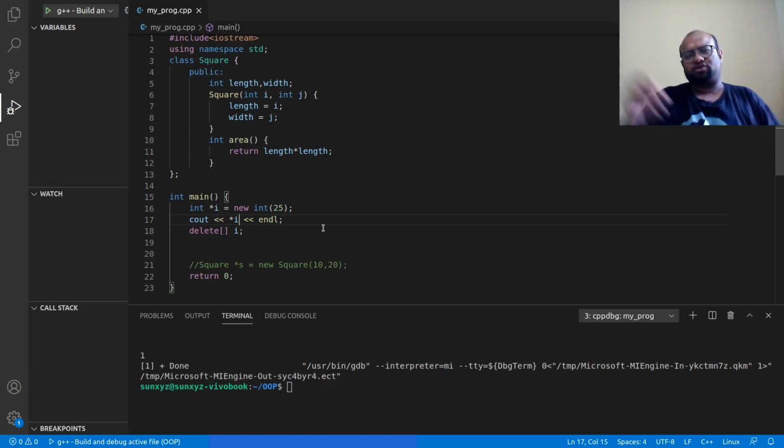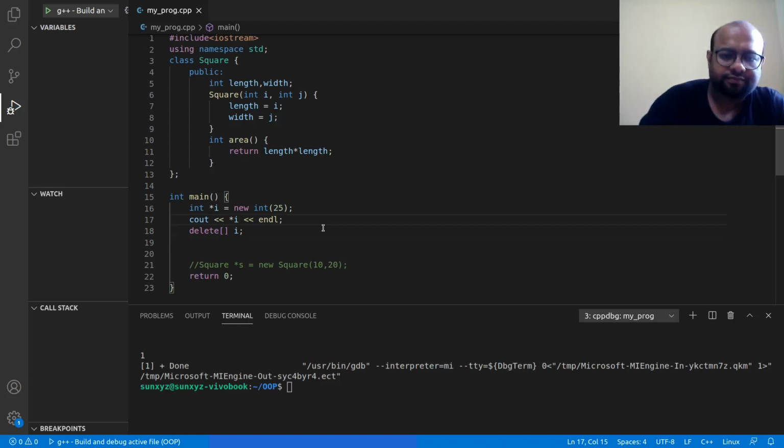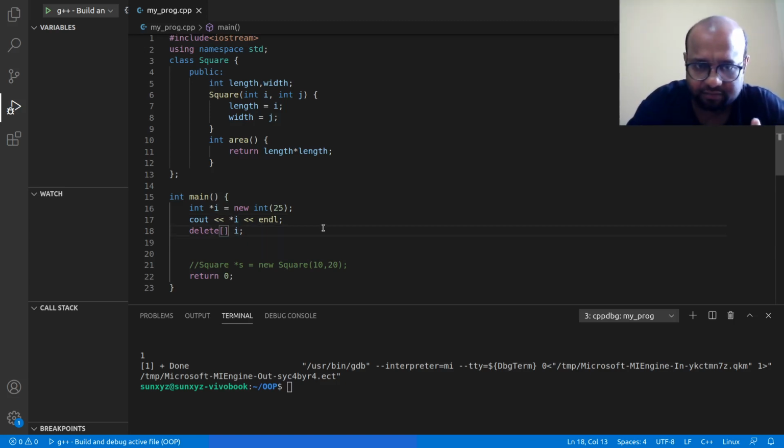So in case of an array, if the name of the array is ARR, and I write ARR square bracket 0, that would give me the value of whatever is there in the first index. But with an integer pointer, to get the value I have to write star I. So since this is not an array, this is just an integer, I do not need this bracket in front of delete.